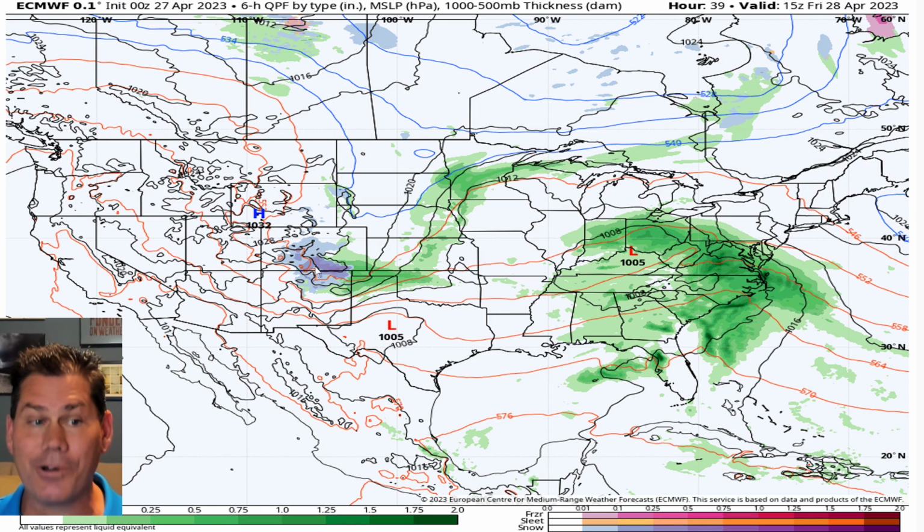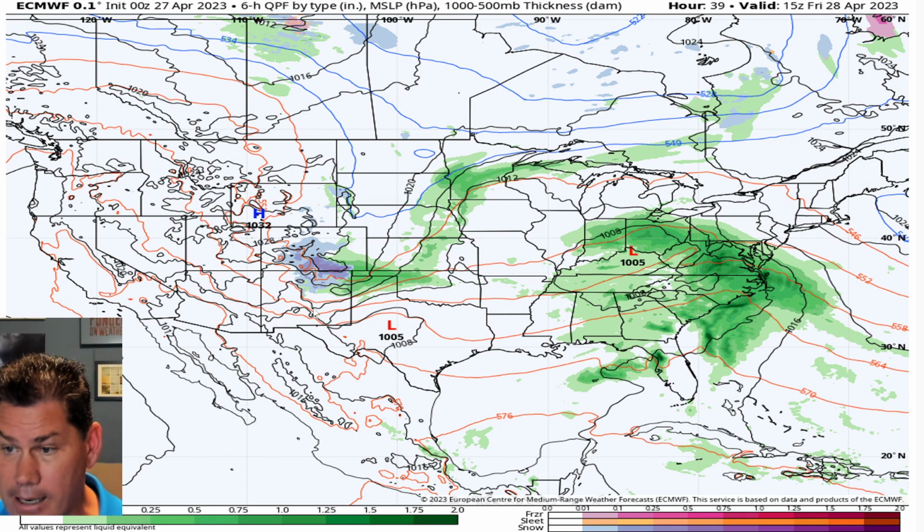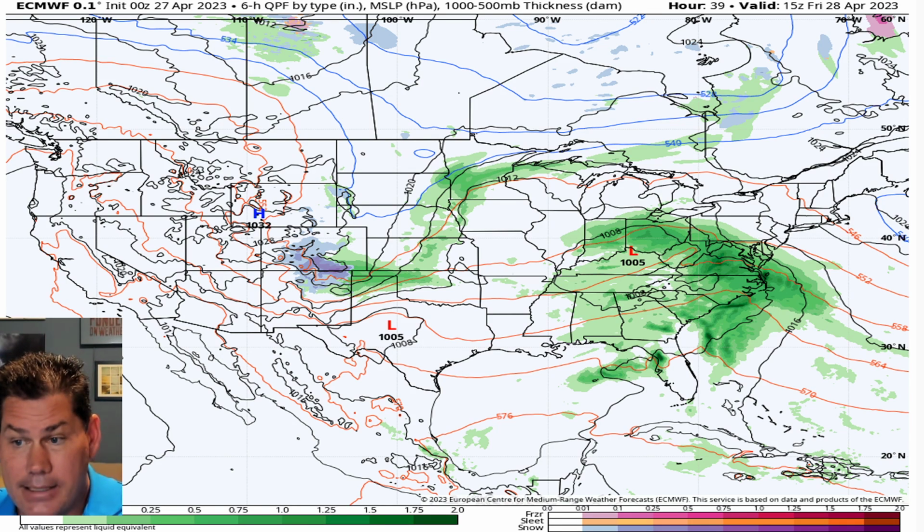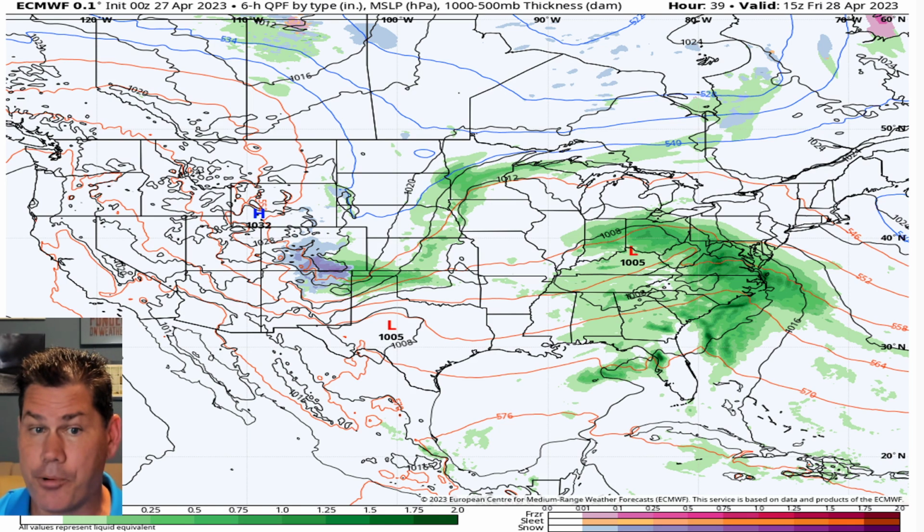Yes, that is more snow in the Rocky Mountains there. I know you're probably over it by now, but we have a pretty dynamic system, and it's got a lot of cold air with it. Cold core aloft, powerful low pressure center. And that's going to be diving southbound as the winds start to turn around across portions of Texas again, regenerating the atmosphere. So by the time that system actually gets here, yeah, it's going to be a prime time setup